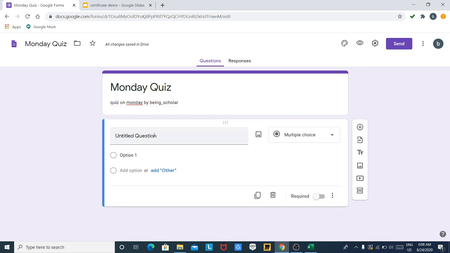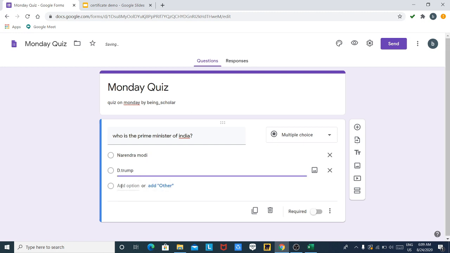Click on this to add question. Add your first question. Who is the Prime Minister of India? You can add options over here. Option 1, Narendra Modi.